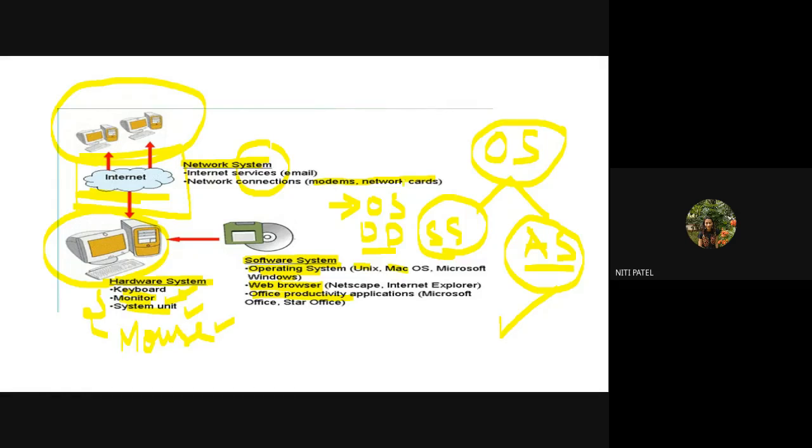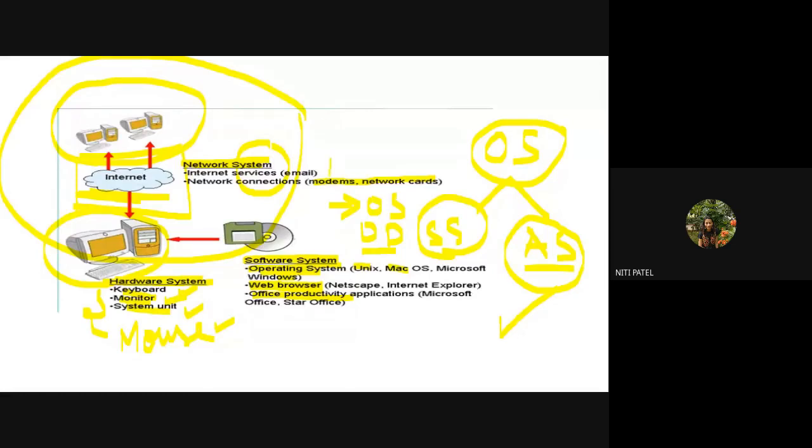Because you have installed one additional device. What is that device? A network device called a router. You will study all this in detail when you come to your CN course. So what is that network? What is that Wi-Fi or a router? It is nothing but a networking device. So whenever you install this network system, you will require any such kind of devices.